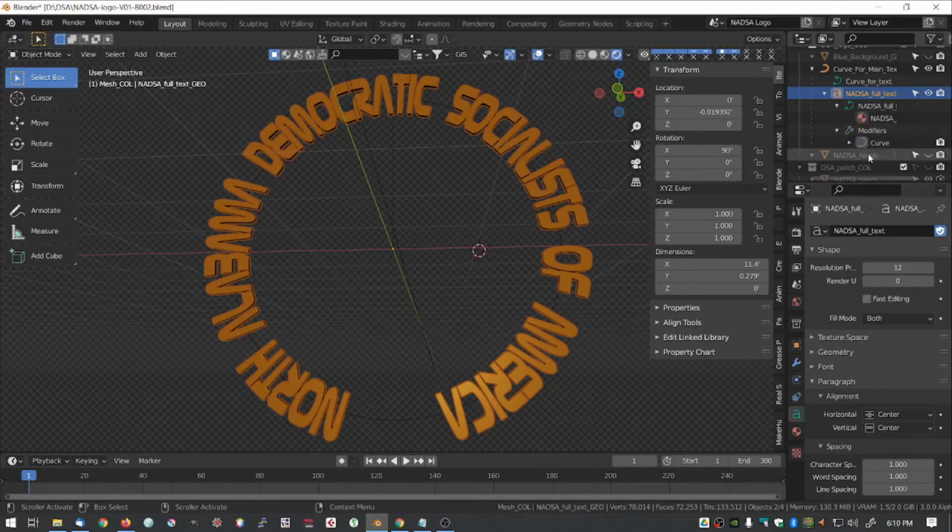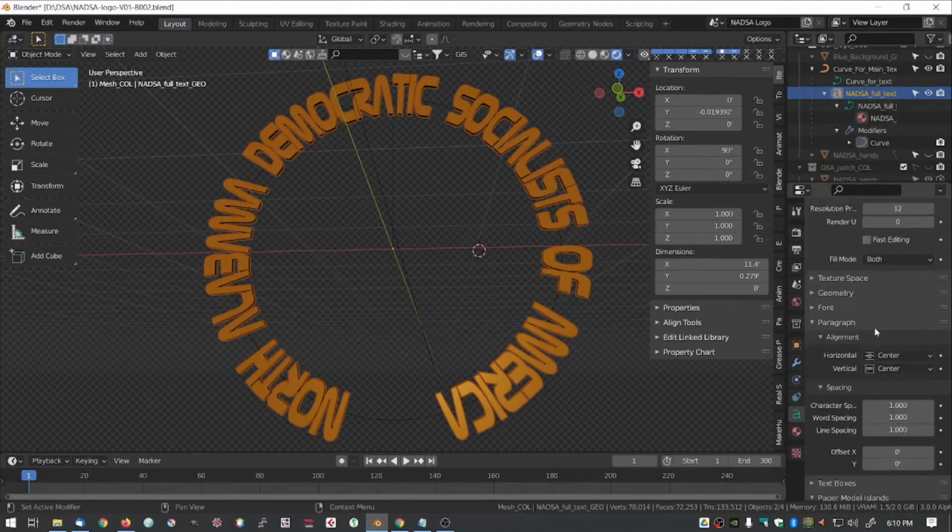Once the text is finalized, you'll want to apply the modifiers to speed things up. Let's go back to the text though. The text file here, and if you go down to the properties tab for the text, this is where we can change